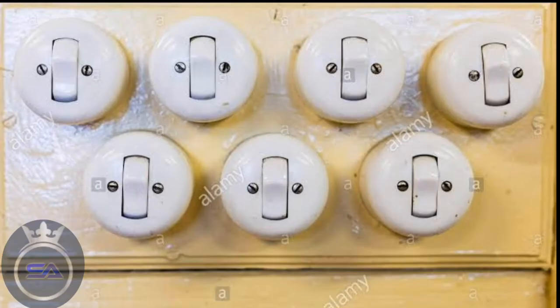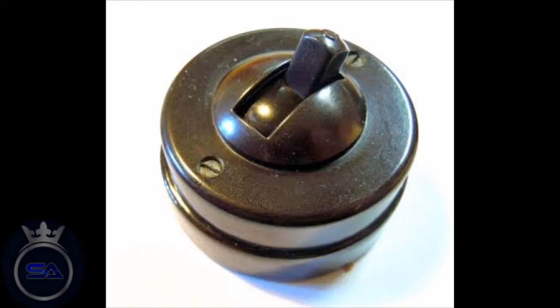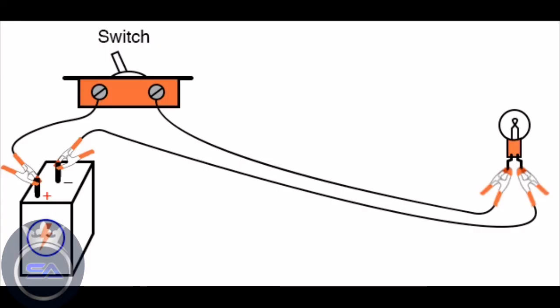Around 2 years after the invention of the light bulb, in the year 1884, John Henry Holmes invented a light switch. We have now learned the various parts of a simple electric circuit. Let us now learn how to draw one. Before that, we know a switch can be used to complete a circuit to turn the connected device on or to break the circuit to turn the connected device off.